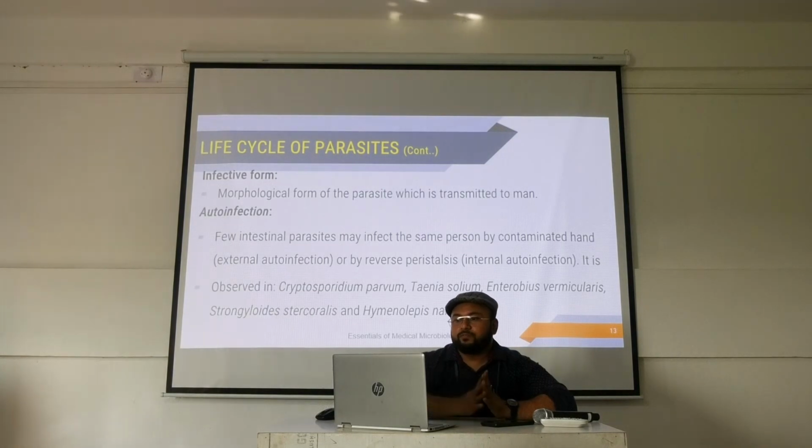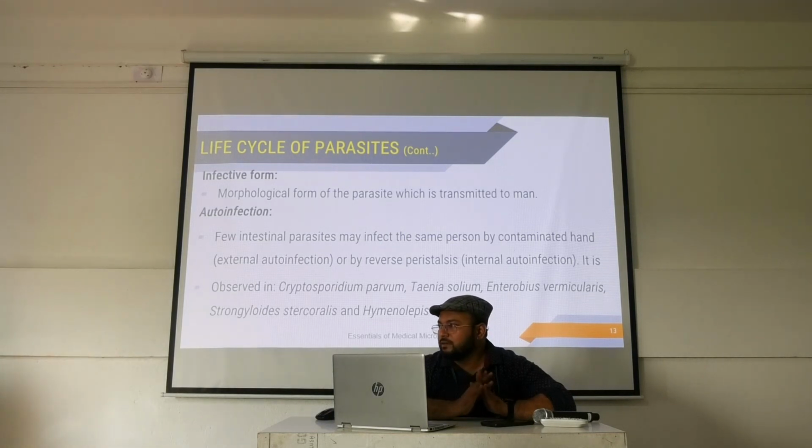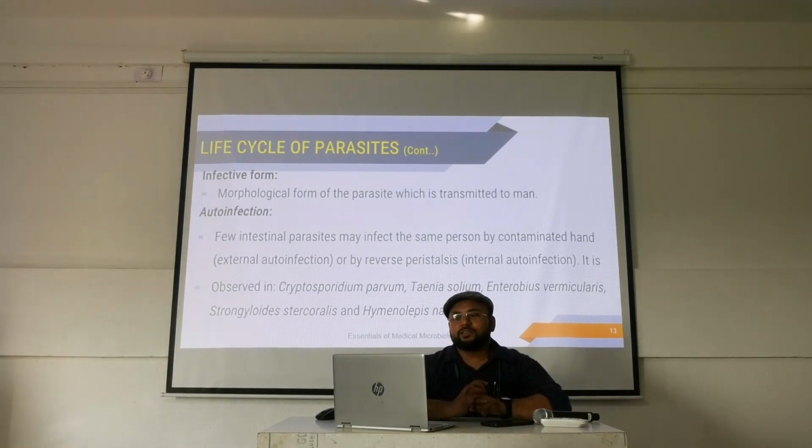now infective form, morphological form of the parasites which transmitted to the man, মানে যে পার্টটা প্যারাসাইটস এর হিউম্যানকে ইনফেক্ট করছে, দ্যাট ইজ কল্ড ইনফেক্টিভ ফর্ম। ঠিক আছে, অটো ইনফেকশনস, অটো ইনফেকশনস হচ্ছে কিছু কিছু ইন্টেস্টিনাল প্যারাসাইটস থাকে,